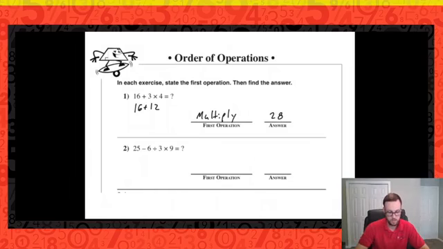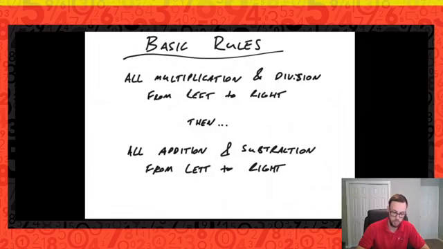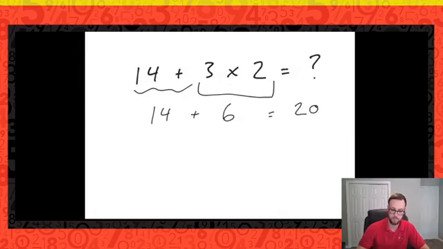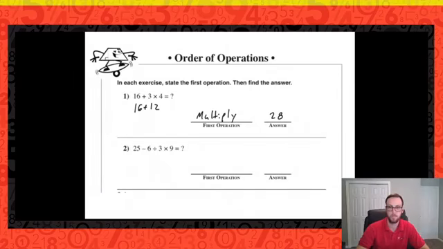All right, number 2. So now, getting a little bit trickier. If we look back at our rules, we want to do multiplication and division first from left to right. And that from left to right part is going to become important here on number 2, because we can see that we have multiplication and division. So if we refer to the second part of that rule, from left to right, means that the first thing that we're really going to worry about is 6 divided by 3, which, very good, is 2.